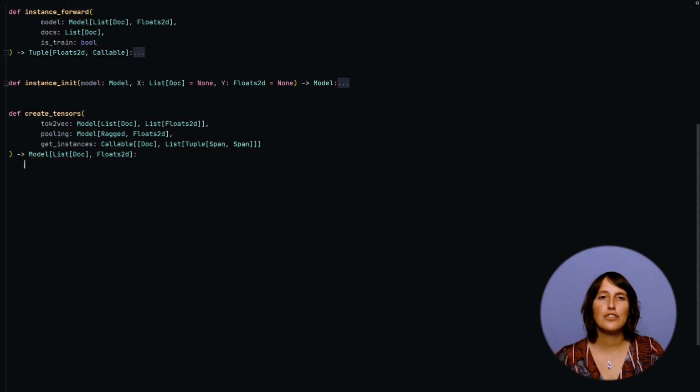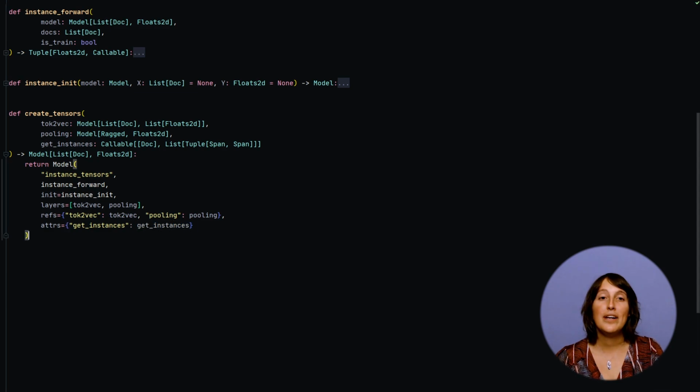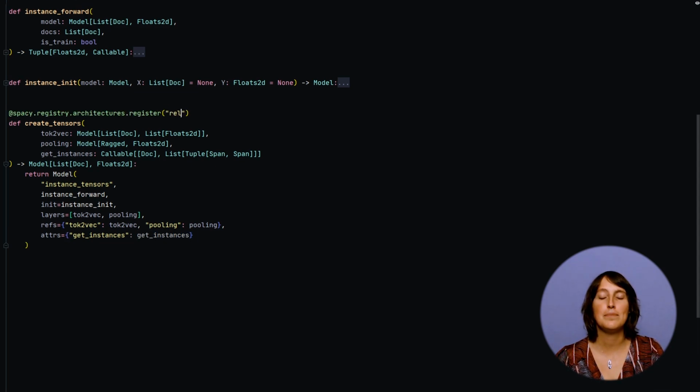We call the model constructor, give the model a name, refer to its forward function and its init function, and then define the appropriate layers, references, and attributes that we'll need throughout the code base. We register this sublayer as an architecture in spaCy's registry.